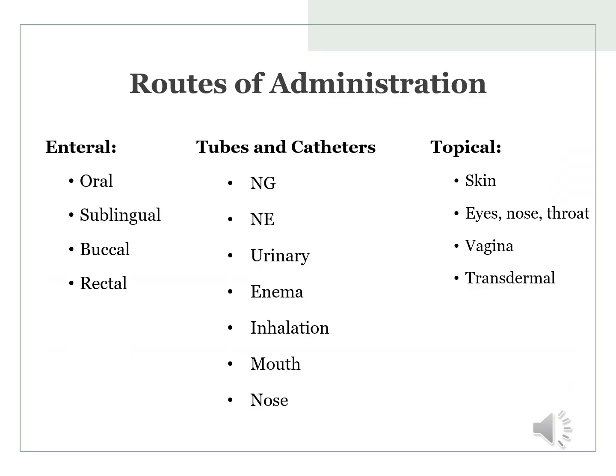Drugs can be administered through various different routes. Enteral routes include oral, sublingual, buccal, or rectal. Oral is written on a script as PO or by mouth. Sublingual is under the tongue and it will dissolve. Buccal is through the mucosal membranes in the cheek, and rectal is only used typically for nauseated patients who cannot